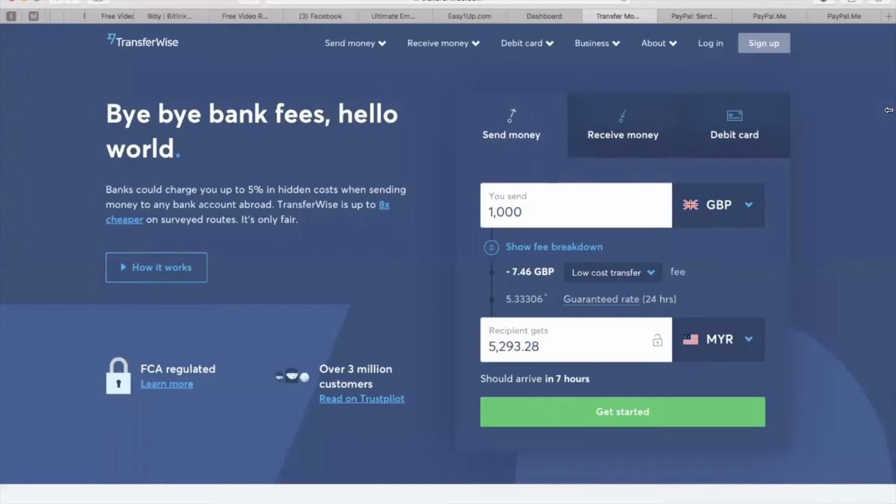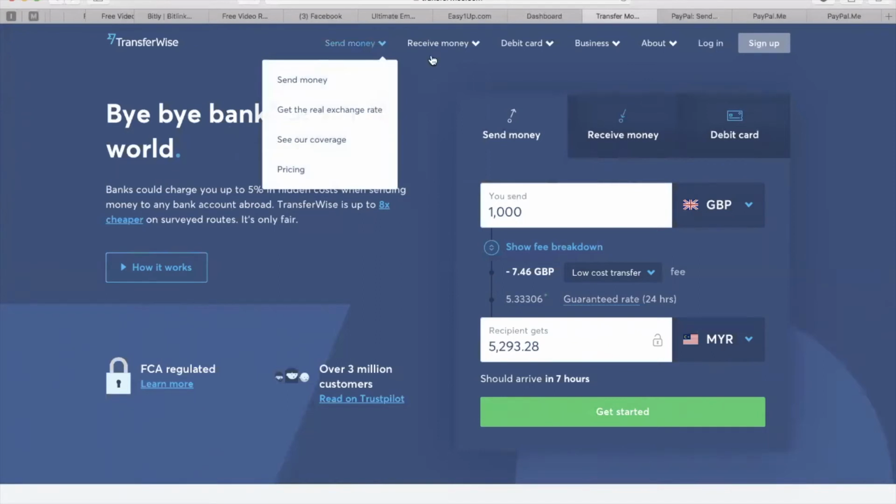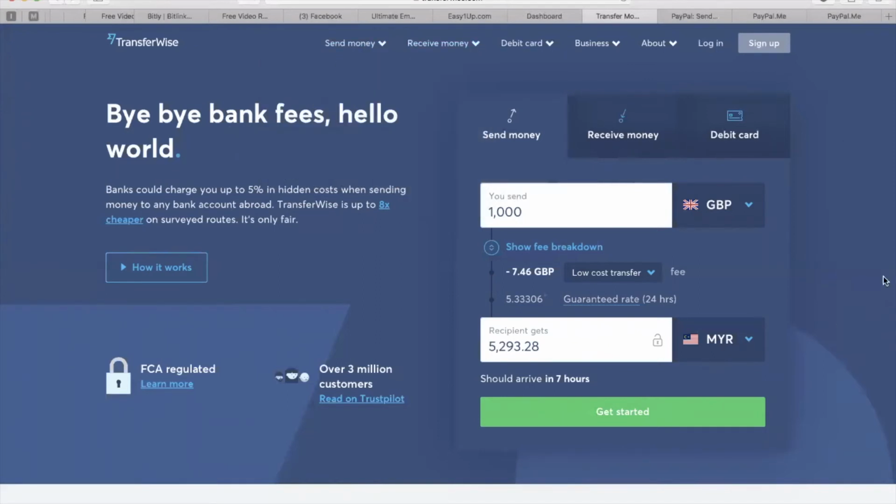Here we go. Now, TransferWise is interesting because it basically gives you a free account in US currency, Australian dollars, British pounds, and euros, right? So what it does is that once you open up an account, you can actually send money, you can receive money from wherever in the world. Okay, when someone sends you from an overseas account in whatever currency that you want to receive,